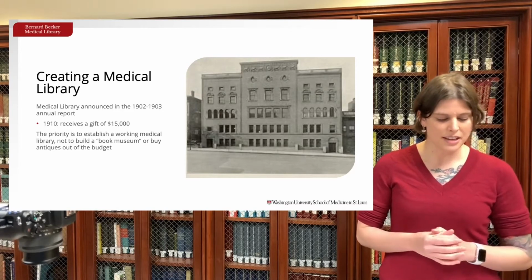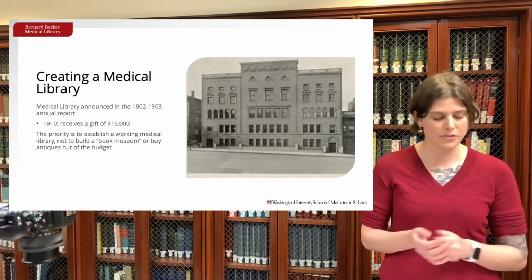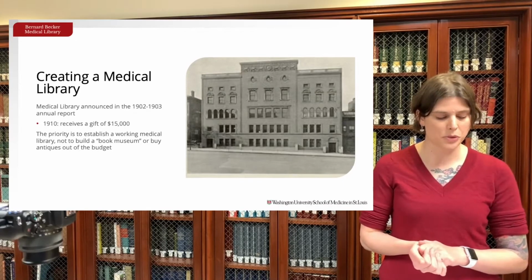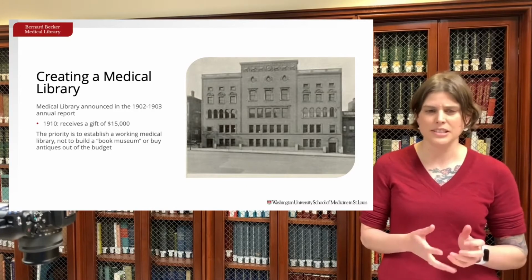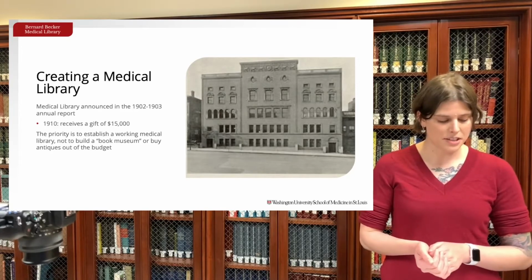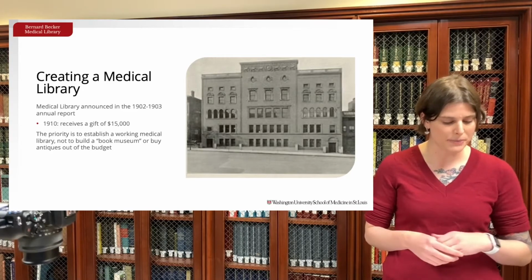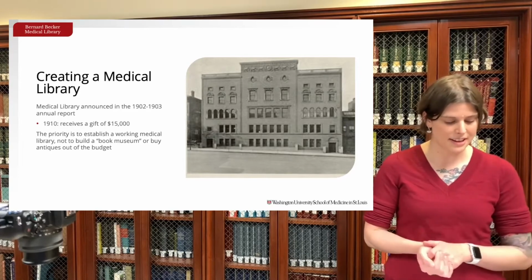And then in 1910, the medical library gets a windfall. They get $15,000 to support the library. They get adequate space, and they have the promise of an annual budget. And so now they start to think about what the strategic plan is going to be for the library's future. I'm just going to read from it because it talks specifically about rare books and where they fit into that plan. In this first strategic plan for the library, they say that they want